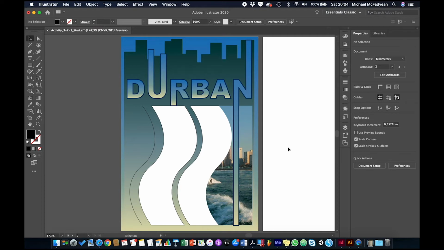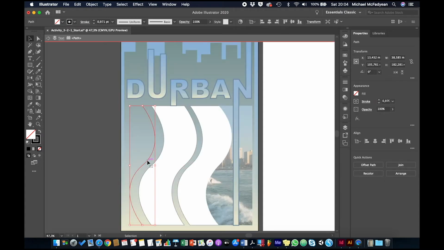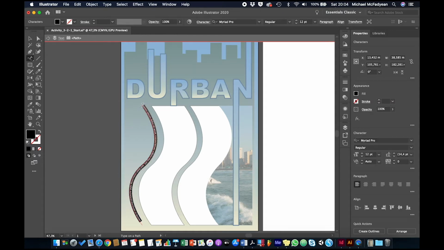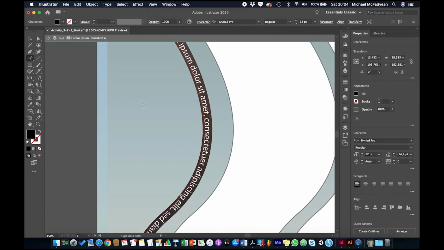Right, so the next thing is I want to focus on this line here, this S-shaped line. So I'm going to double click on it to isolate it. And then I'm going to take my type tool, hold it down, and switch to type on a path. I'm going to go to the head of that line and click. Okay, and I'm just going to zoom in here, and I'm going to type